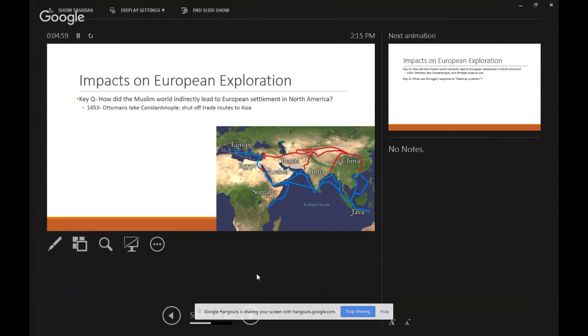And so now they've got two choices. Choice number one, give it all up, I guess. Life won't be as exciting, but we're going to have to just give up everything. That's choice number one. Choice two, if the eastern way to get there is closed, let's see if there's another way to get to India and China. Let's go a different direction. That's the option that Europe decides to go.